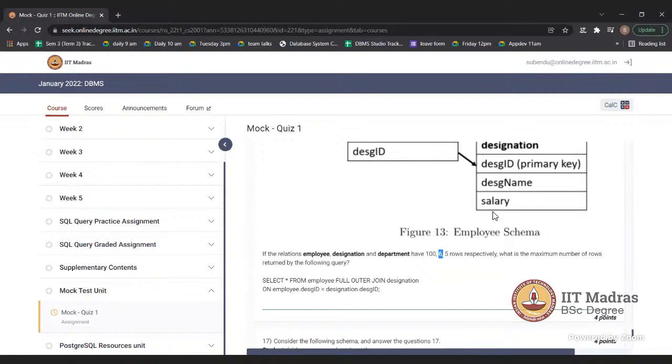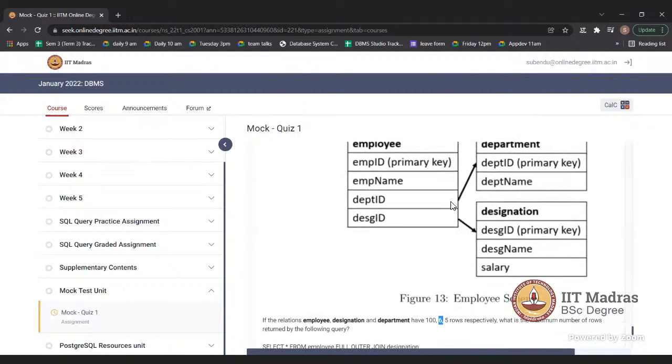Suppose designation ID contains 6 tuples, right? Rows. Suppose designation ID contains 1, 2, 3, 4, 5, 6 and the employee table's designation ID is all ones. So what will be the full outer join?